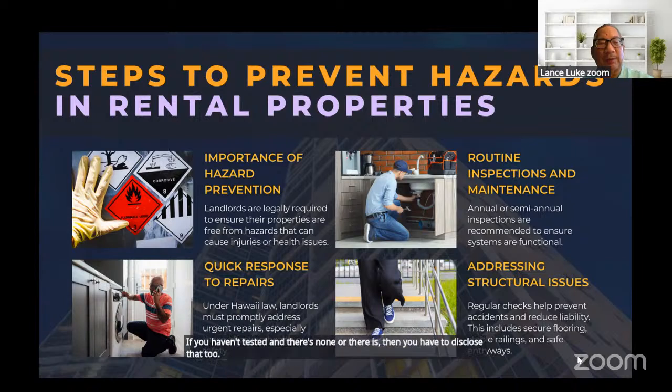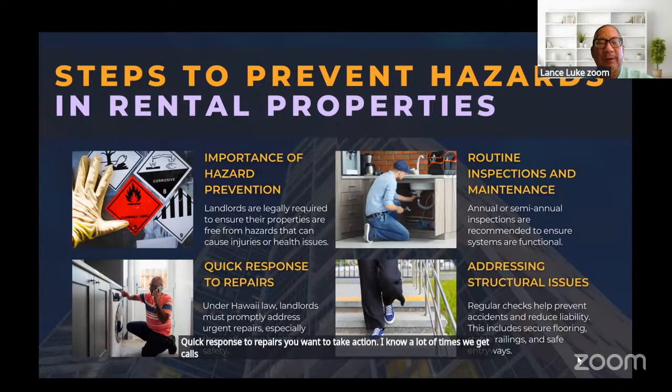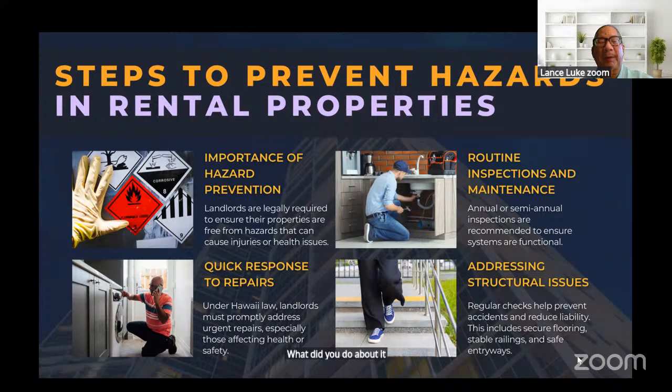Quick response to repairs, you want to take action. I know a lot of times we get calls like, oh, you know, my water heater, I don't have hot water. Oh, okay. What did you do about it? Oh, I let my property manager know. Okay, so